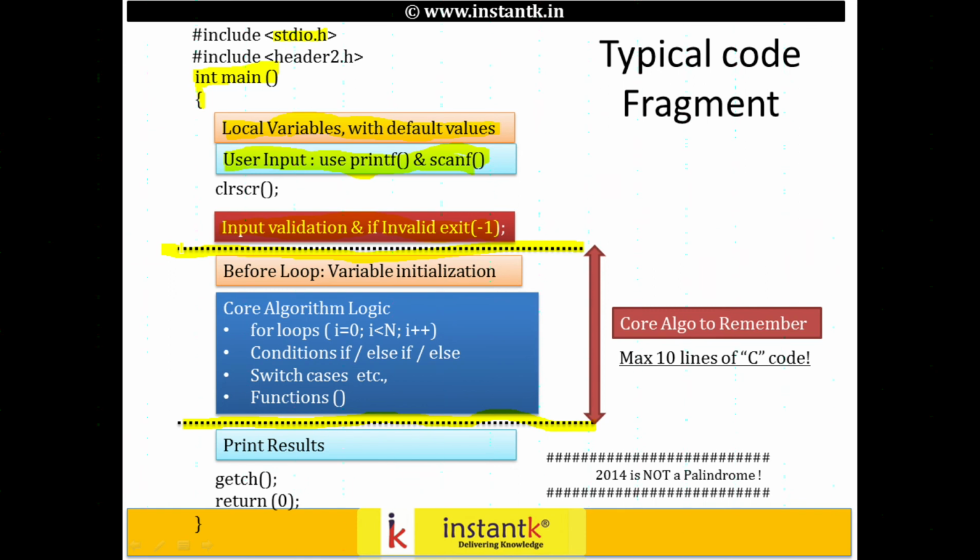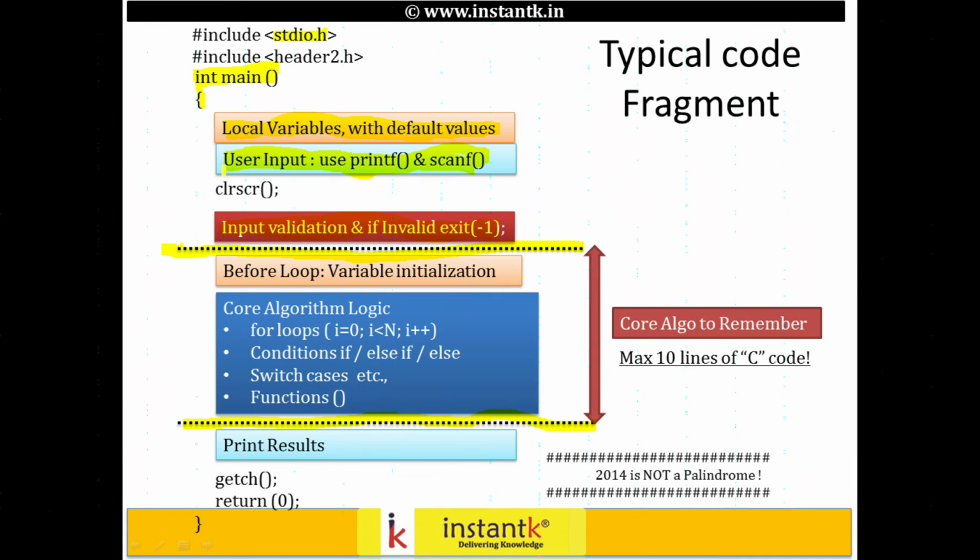This is what you need to understand, remember, and write somewhere. And I am assuring you, in the complete 14 problems, the core algo to remember is max 10 lines of code. Write it down. All you need to remember is max 10 lines of code per function, per problem number 1 to 14. Each problem is max 10. You can just go. That's why I'm assuring you, your exam time to write a program won't be more than half an hour. Period. 30 minutes is all that you need if you go through our course.